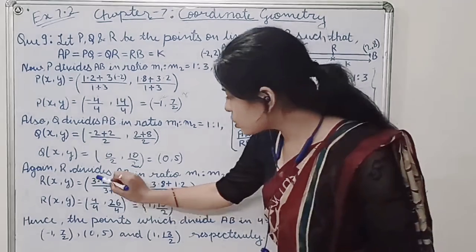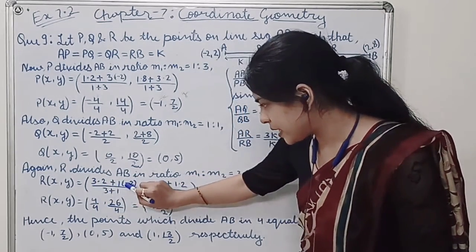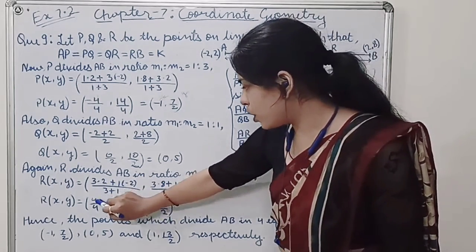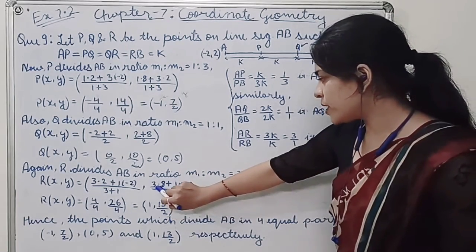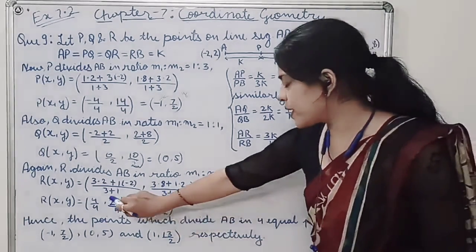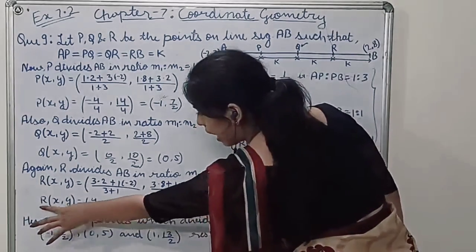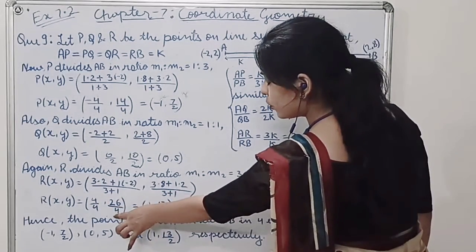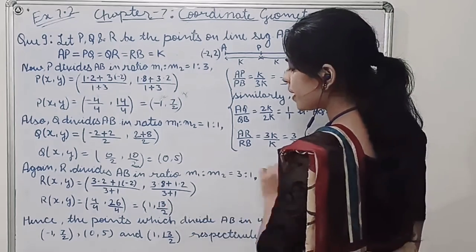Okay, so for the x coordinate this is 4 upon 4: 3 into 2 is 6, and it will be minus 2, so 6 minus 2 is 4. So it's 4 upon 4. For the y coordinate we have 24 plus 2, so 26 upon 4. So the coordinates of point R(x, y) are 1 and 26 upon 4, which is divisible by 2, so 13 by 2. The y coordinate is 13 by 2.